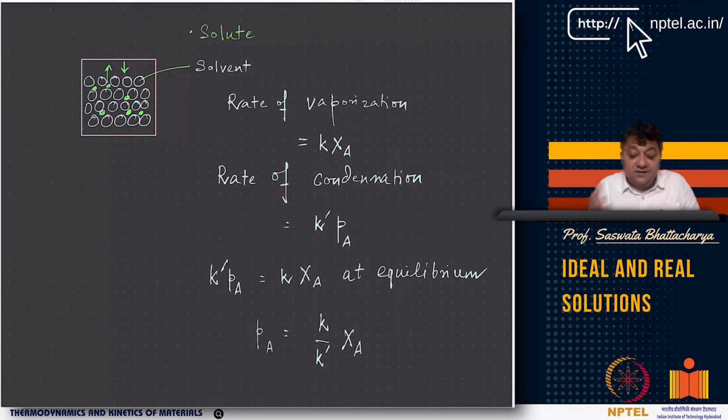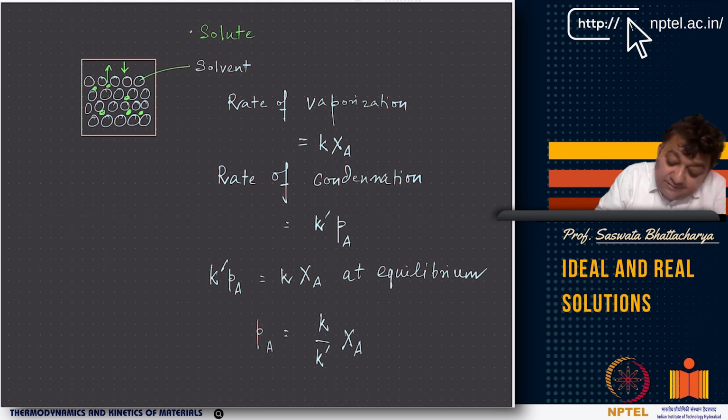Now think of this. Why is this Raoult's law? What is the physical meaning? What's the molecular interpretation? Again, every time we look at that, right? So we have these blue bordered solvent molecules here, as you can see, and you have these green solutes here, some solute here. Now the rate of evaporation is basically proportional to the mole fraction of component A, and the rate of condensation is proportional to the partial pressure of component A.